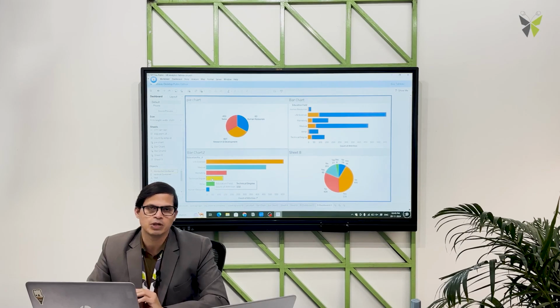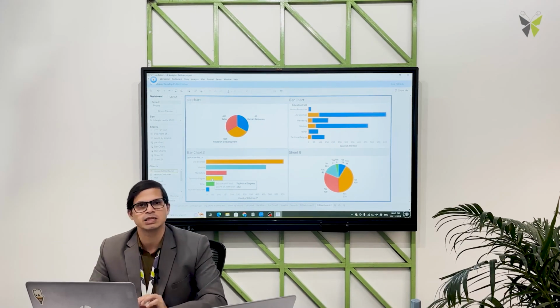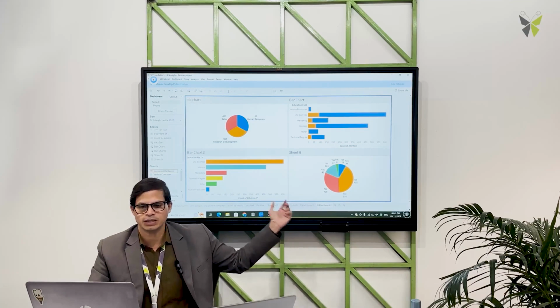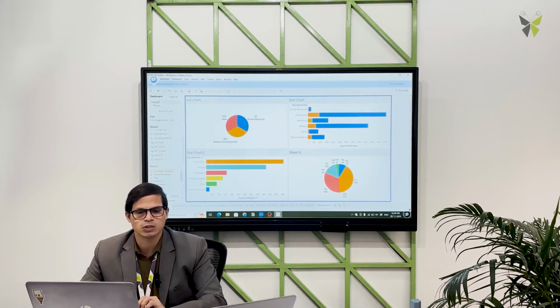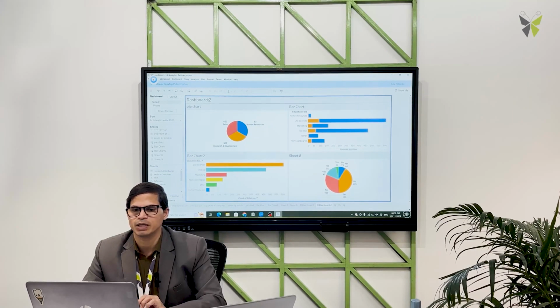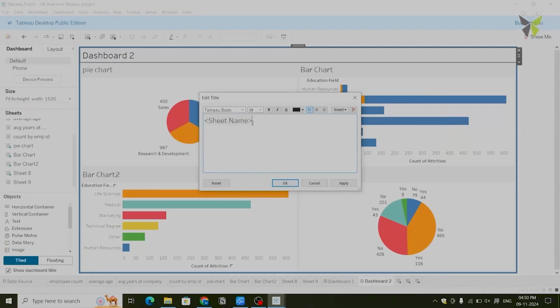Now to this dashboard I want to add the title. There is a last option at the bottom right. At the bottom right you can see there is a check box, so I am ticking on it. So the dashboard title has appeared here. You can customize that. So double click on that, the customization window, that is edit title, will appear here. You can give the appropriate name if you want, like